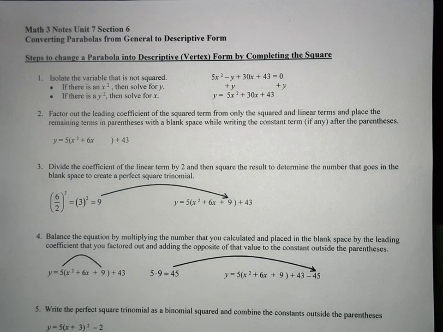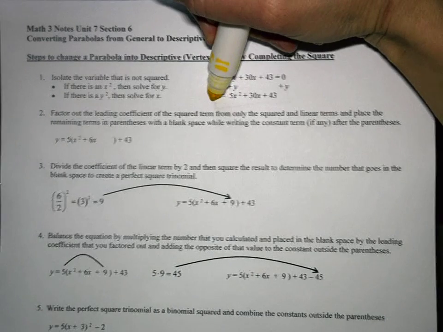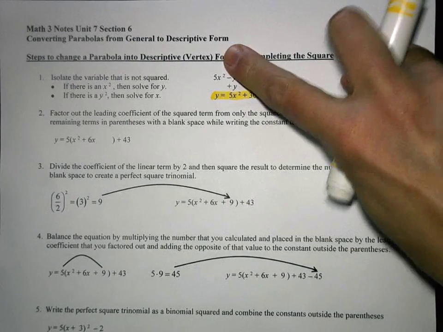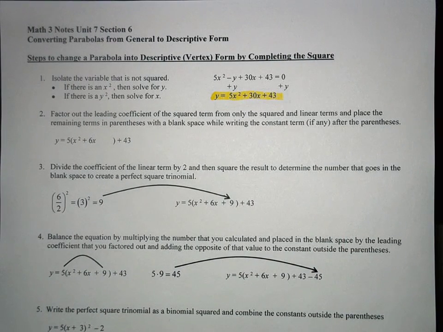Math 3, Unit 7, Section 6. Today we're talking about converting parabolas from general to descriptive form. General form of a parabola looks like this. And descriptive or vertex form is when it has the parentheses where you can easily get the vertex from the way